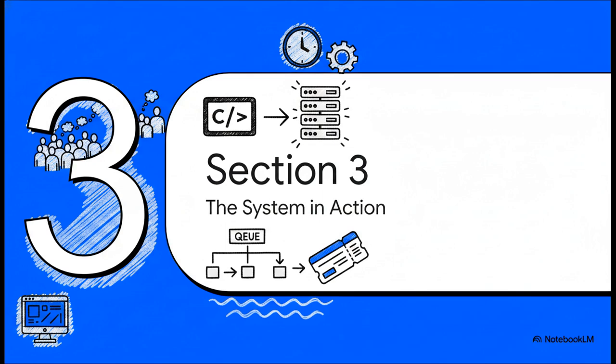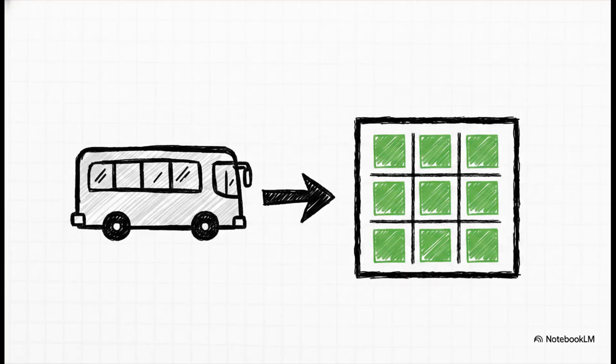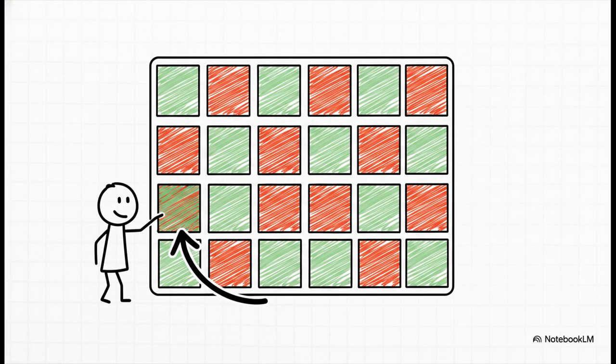We're going to walk through what this looks like from start to finish. So here's our bus. In the code, we represent this as a simple array. Think of this grid as the bus layout. Each little square is a seat, and since they're all green, it means we've got an empty bus. All 30 seats are up for grabs. Okay, now people start booking their tickets. Watch this. The system finds a green seat, marks it as booked, and flips it to red. And this happens in real time. With every single booking, our array gets updated instantly.